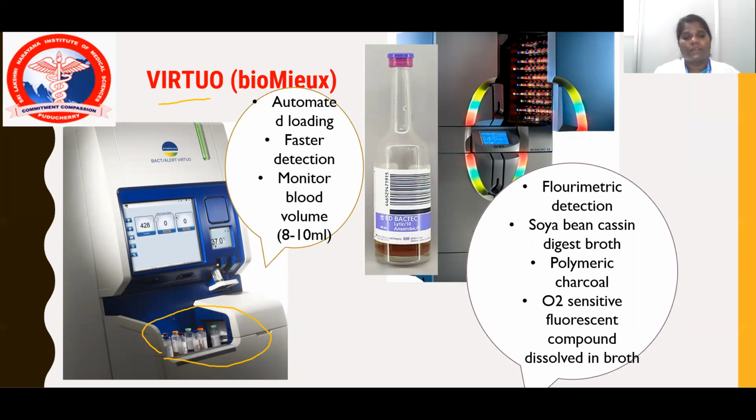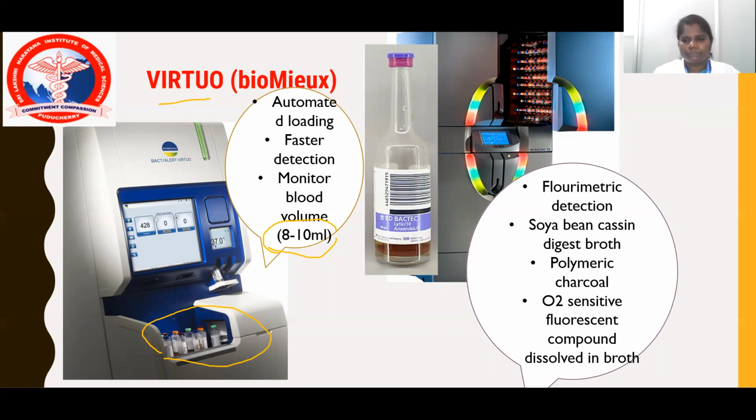And the second thing, the result will be rapid. Another advantage is that how much blood is required is estimated by the machine itself. For example, an estimated amount of 8 to 10 ml is required. If it is less than 8 or more than 10, the machine will give a false result, so the machine itself will report that it is insufficient. You can intimate the physician that a sufficient amount of sample was not collected. So it can avoid false negative or false positive results.